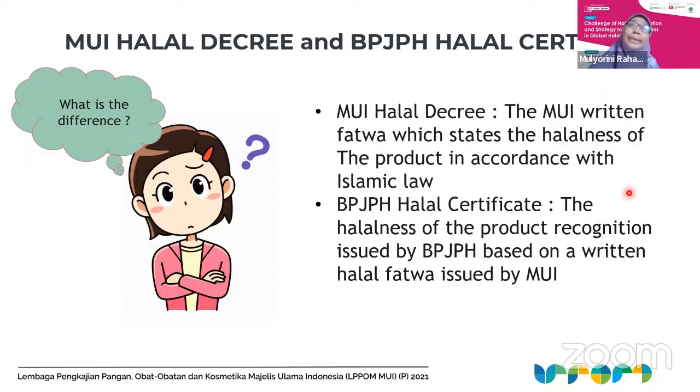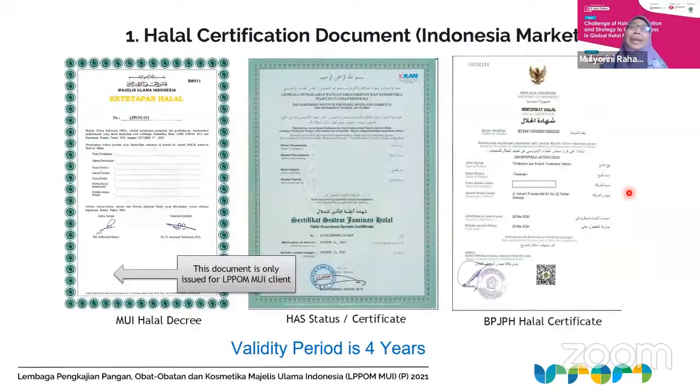MUI halal decree is the MUI written fatwa which states the halalness of the product in accordance with Islamic law, while BPJPH halal certificate is the recognition of the halalness of the product issued by BPJPH based on the written halal fatwa, which means based on the halal decree issued by MUI. Okay, so this is what we call the appearance of the halal certificate,